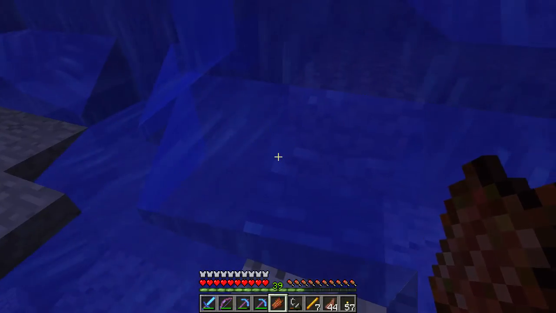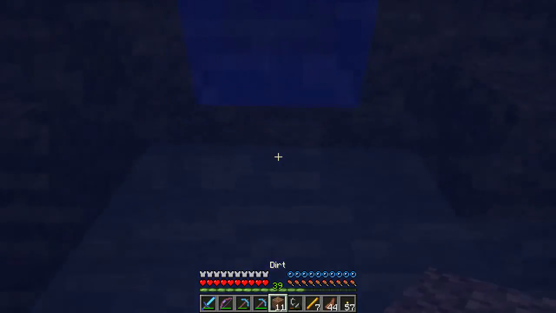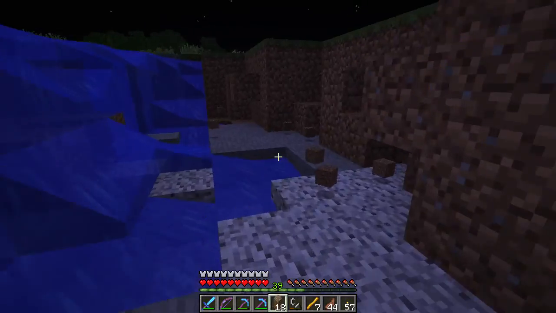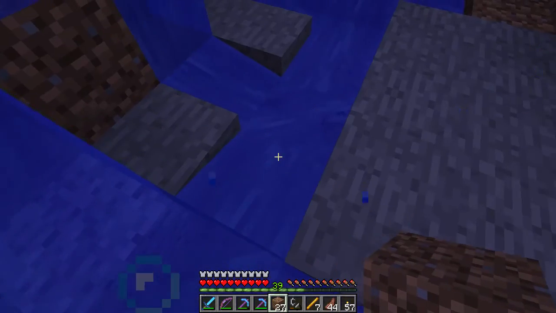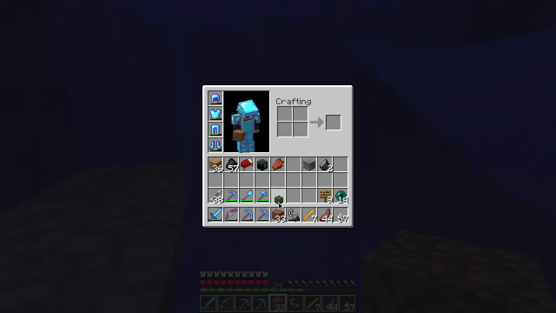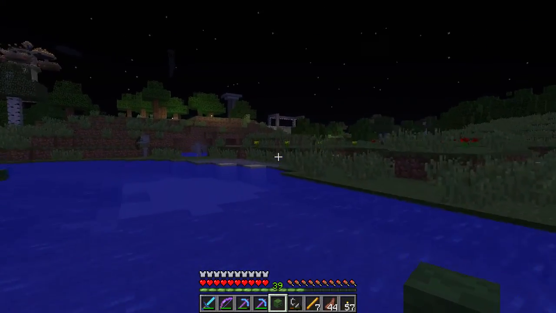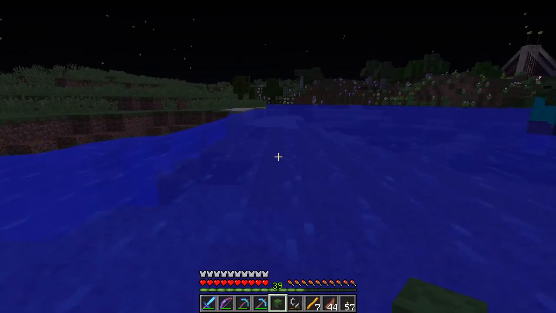Where is there a skull here somewhere? You haven't picked it up. No skull. Oh, that's a shame. We should have got a skull. Oh no, is that one? No. Oh yes, here we are. We got a skull. So there we have a zombie skull. And that's how you would get a mob skull